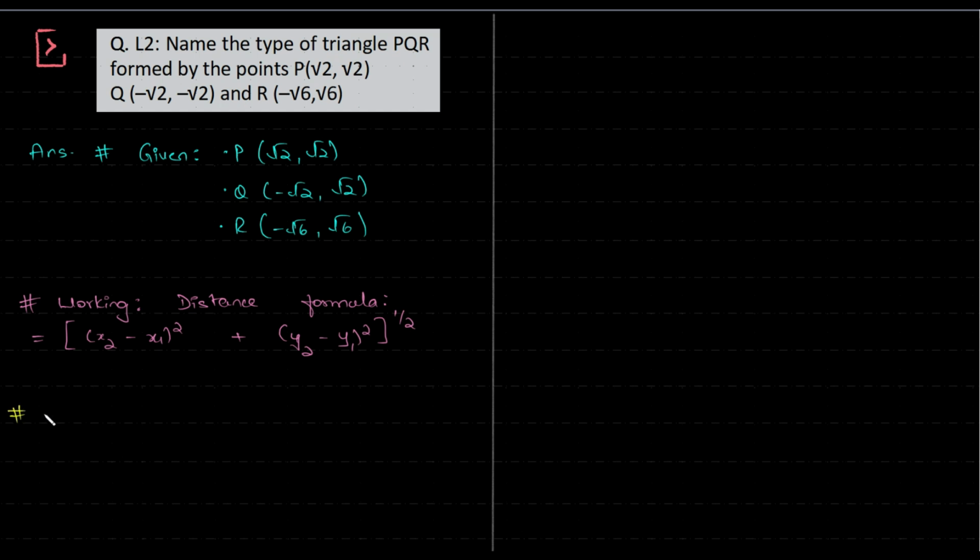So first we'll find PQ, which is root 2 minus of minus root 2 the whole square actually, plus the same thing again,